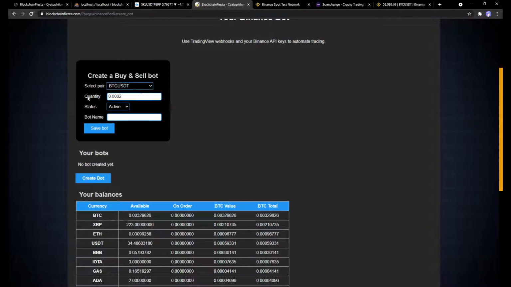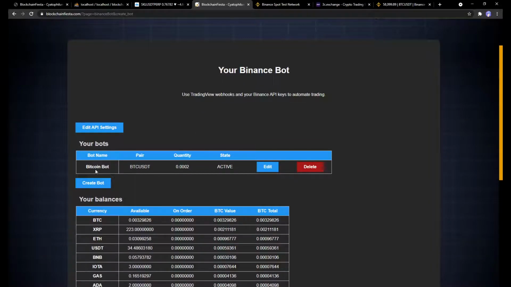This is the default quantity the bot will buy and sell. You have a status for the bot. If you want to pause the bot, you can change it to paused, and you can give it a name. I'm just going to call it Bitcoin bot. You click save. You arrive here, so you see your bot is created, but right now it will do nothing.